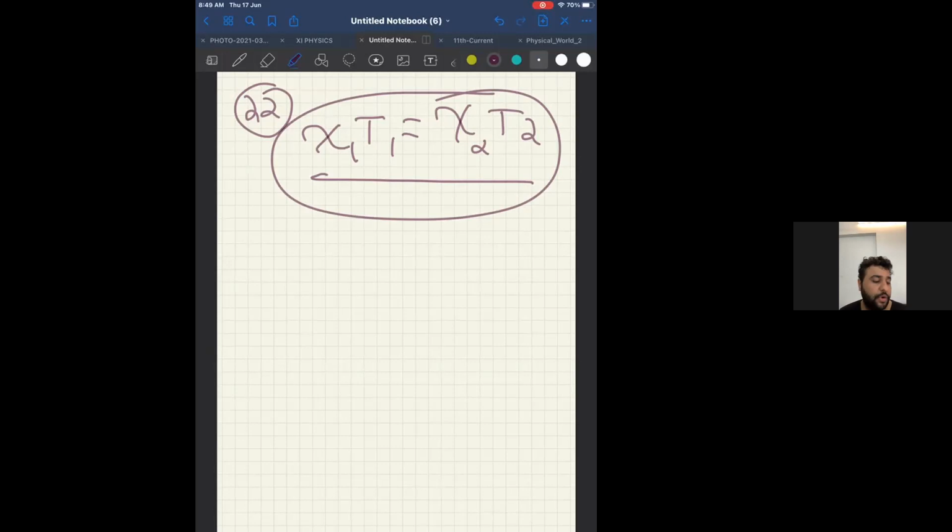For your NEET, you will not get such complicated options. Your options will be very far away. For example, you'll get 1.6, 1.2, 2.2, 3.2, 4.2 like that. This is a JEE question, a very recent one. But the formula remains the same. Xi1 T1 is equal to Xi2 T2. Answer should be C. And one more thing you should remember, the temperature in this formula has to be in Kelvin because it is absolute temperature. If both temperatures are in the same unit, it doesn't matter, but otherwise you will have to convert.